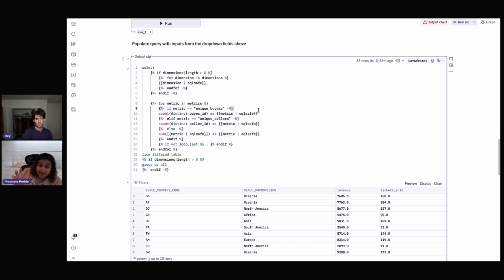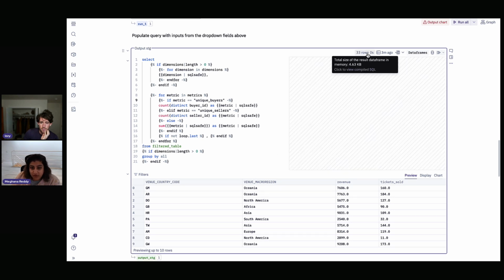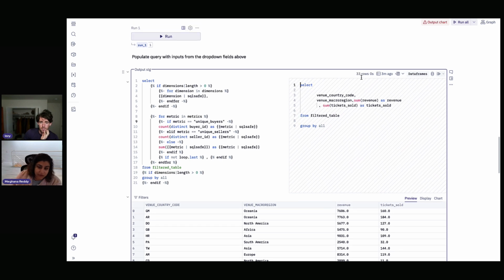How slick you can get here doesn't end with what we've built. You could totally parameterize the aggregate function as well. So if you wanted, you could have yet another toggle here that says, what is the aggregate type that I want? And then you could do min, max, average, and all of those things as well. And then essentially this is the rest of our SQL statement. You can see the actual query text that's generated from this Jinja-parameterized text generation. So this is really the heart of it.